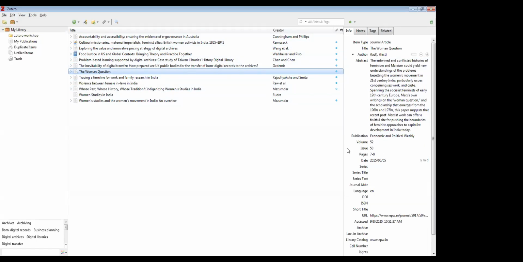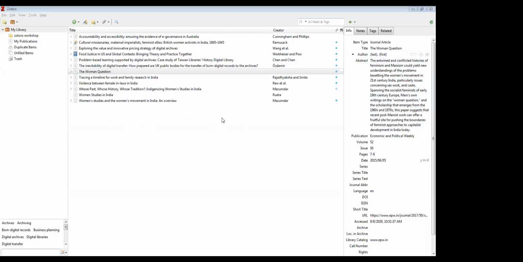Like I have selected the Women Question article, then the metadata for that particular item appears in the right pane. Can you see it? That item type is journal article, and the title is The Women Question, and there is no author. You can see the abstract for that article and also the other details. So these are the metadata for this particular item.